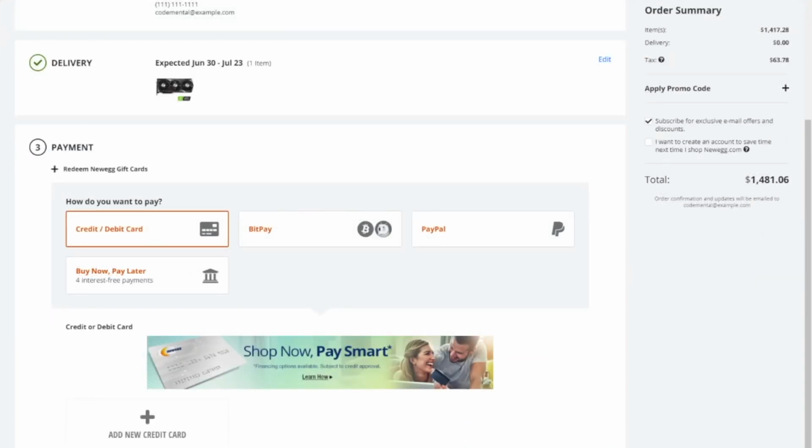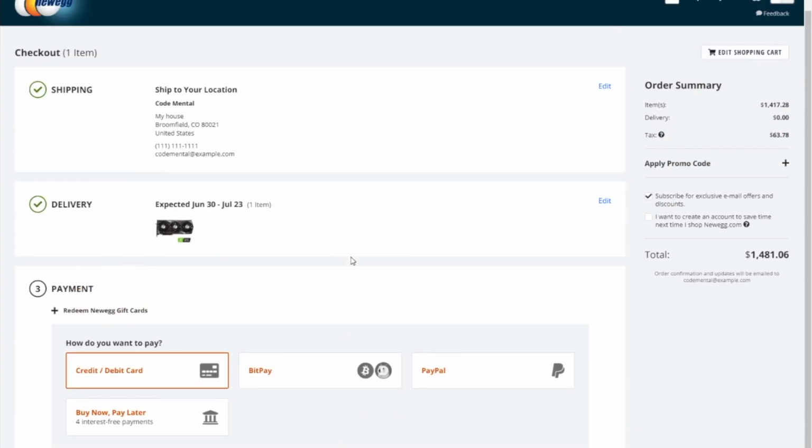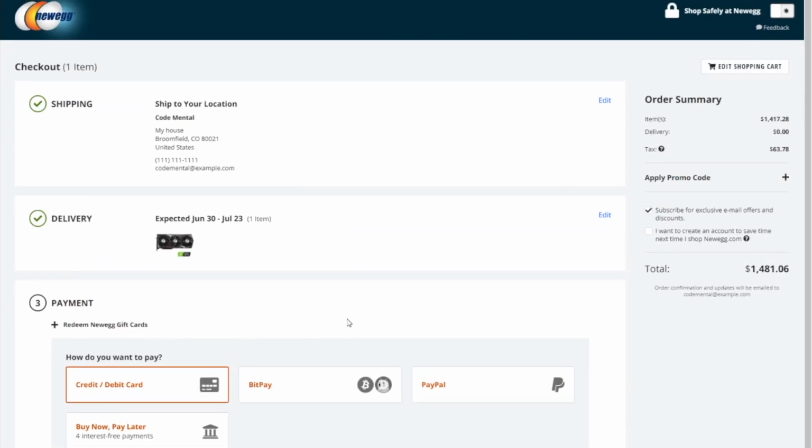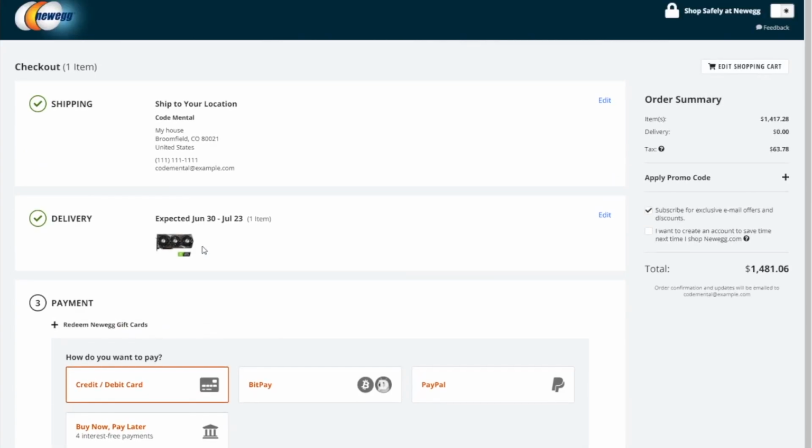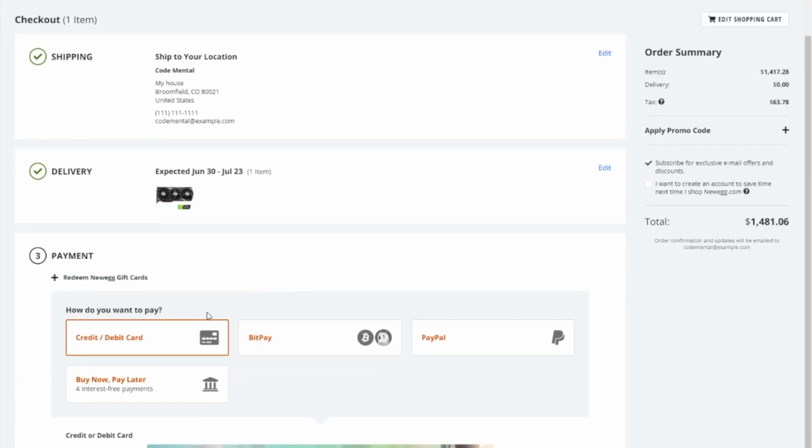Right, so as you can see, I've been able to look for items that are in stock in the listing page, and then I was able to add it to cart and complete the checkout process. Okay, I didn't go all the way through to the order confirmation because I definitely don't want to be entering credit card details unless I really want to buy this item, and so I didn't go through the whole process.